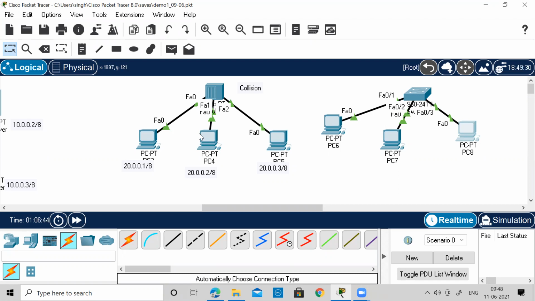In the same lines here, when these two computers were starting their communication together, they did not know that anybody else was communicating. Since they found the medium is idle, nobody is communicating, they thought they could start the communication. So they started, the packets reached the hub, the information came together, and the packets or the frames got collided. And once they got collided, how will they start the communication further?